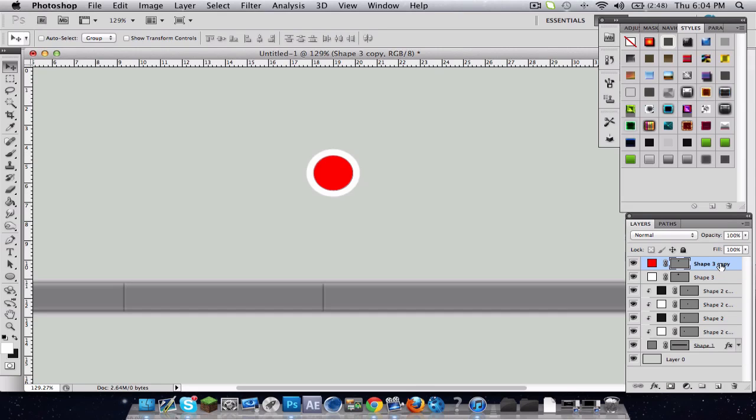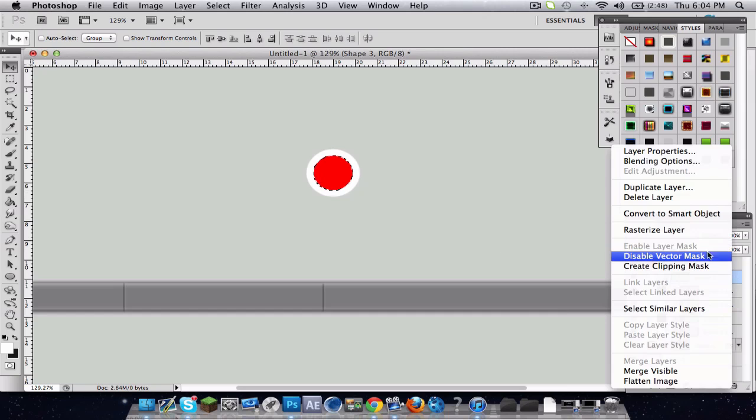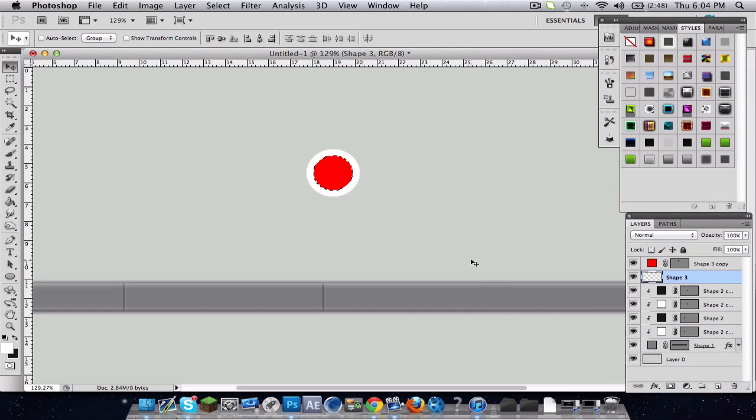Once you got this, hold the command on your keyboard, hold it down, and click on the thumbnail of your layer. And now you'll get these running ants, whatever they're called, around your circle that you just made. Make sure it's around your first layer, the smaller circle. Once you've done this, go back to your first circle, your bigger one, rasterize layer, and then press delete on your keyboard with the other circle selected. And then just deselect it, and you can delete this small circle now, and now you get a ring outline,